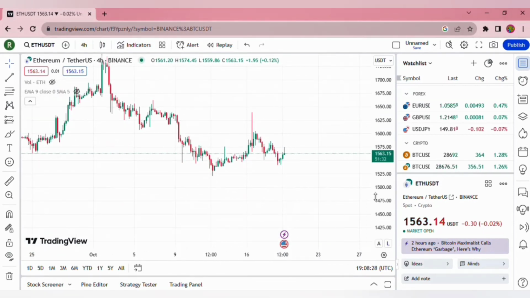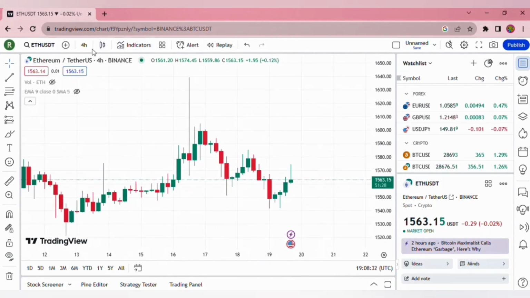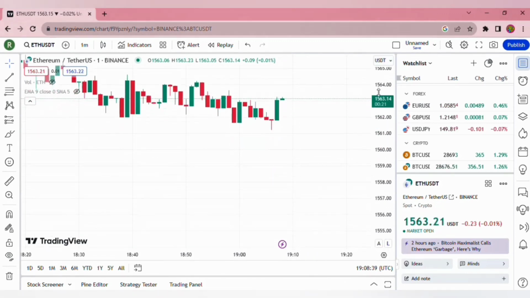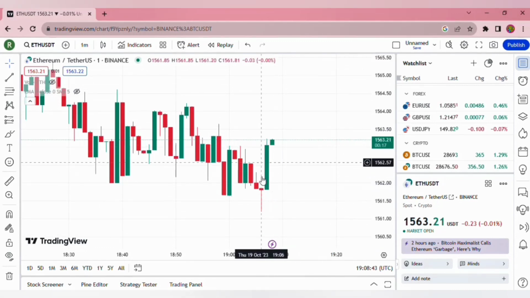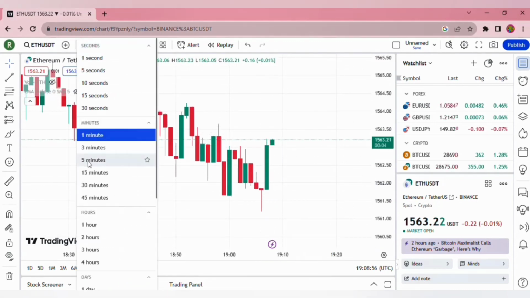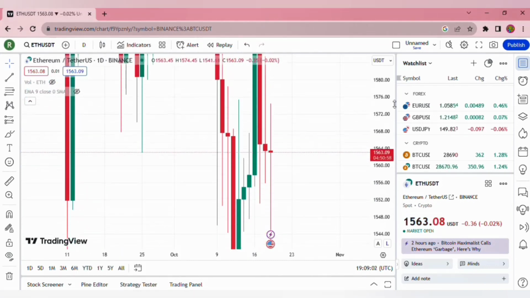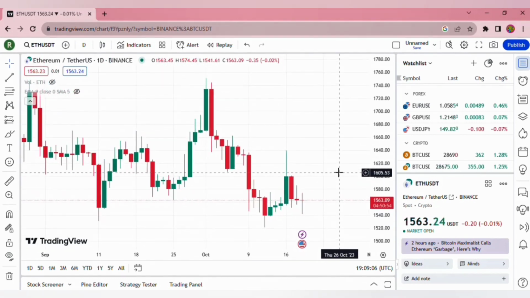Some of you who are new to trading might be confused as to how these candles are forming. For that, I suggest you go onto the 1 minute time frame and just watch candles forming for 2 to 3 minutes and you'll understand it in no time. 1 minute time frames mean that each candle you see took 1 minute to form. Similarly, if you go to the 1 day time frame, each candle is formed in 24 hours. You can take your time and explore the interface further if you want.